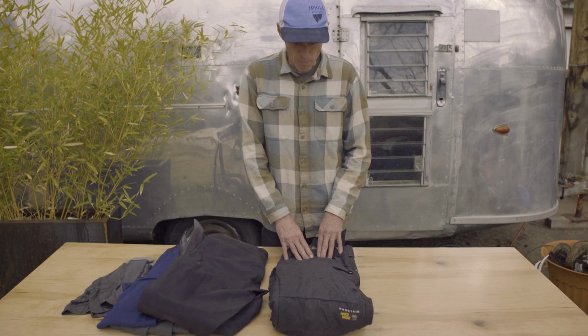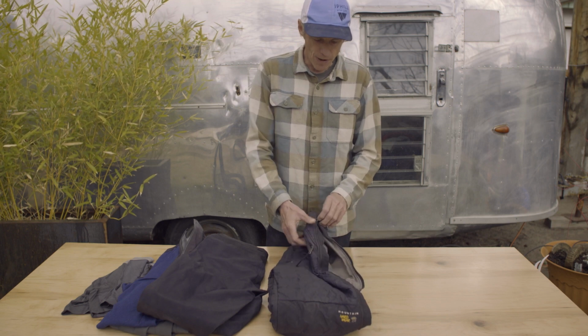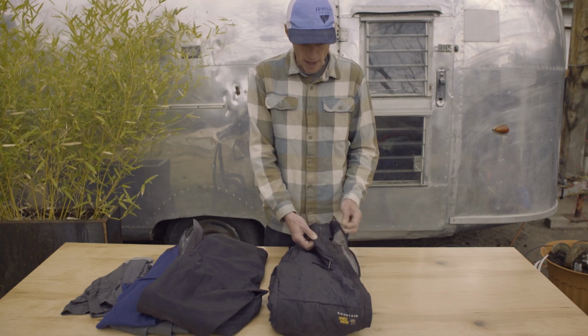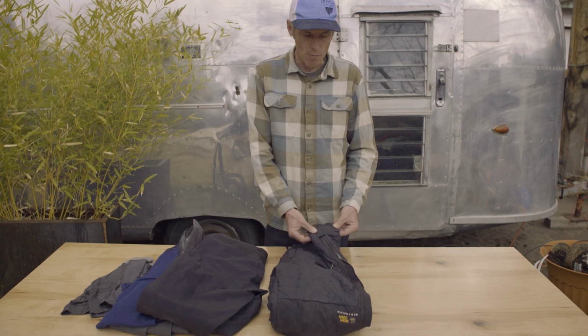The other major feature that you would want to have with these is you also want these to be full side zip, so that you can vent them, but also you can remove them during the day or put them on at a break if conditions change and you need to add warmth. Or you can start out with them on summit day, and if conditions heat up, you can remove them without